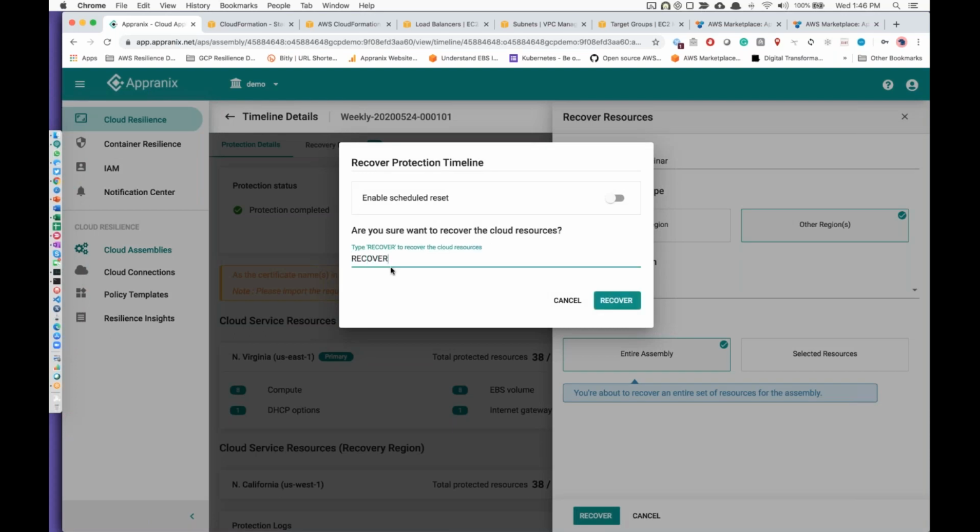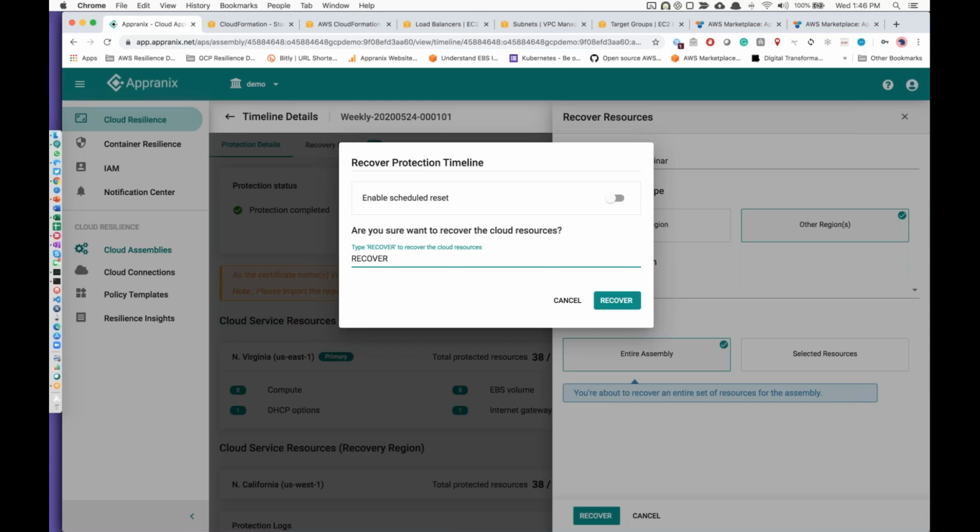Now you'll have to type in recover in capital letters, because when you spin this up, even though it innocently looks like a simple button, a green button, that's fantastic color and everything, unfortunately you're going to incur the cost. The cost versus your resiliency conversation, right?